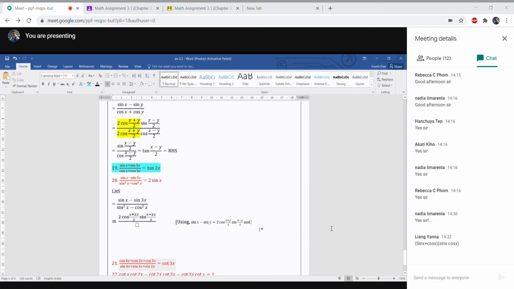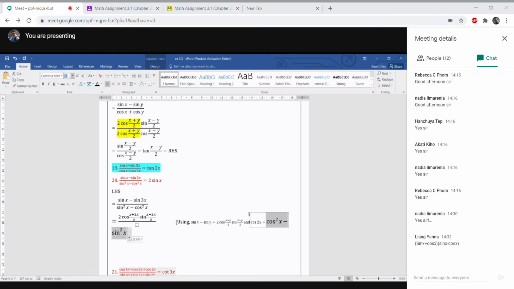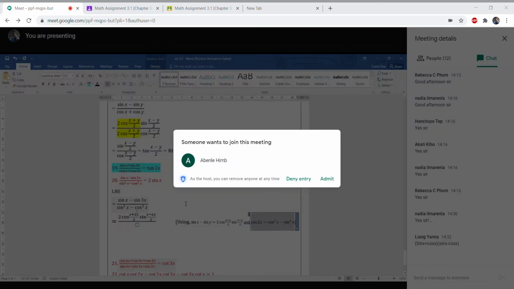I'll use this formula. I hope all of you remember the cos 2x formula. Cos 2x is equal to cos square x minus sin square x, right? So what is given here? Sin square x minus cos square x. So what will sin square minus cos square x be? Okay, here I can write a minus in bracket.